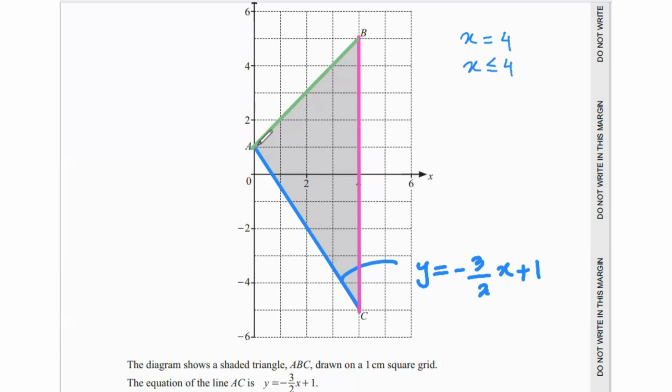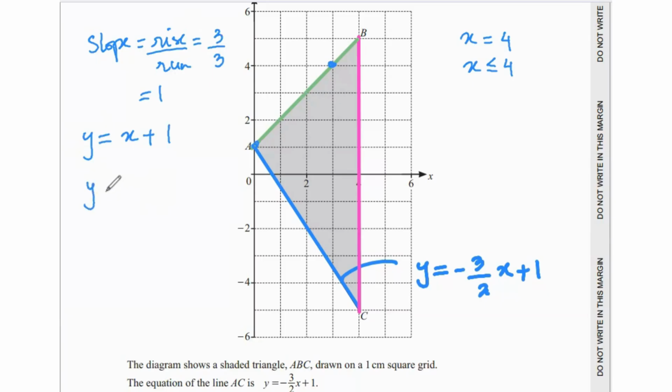And then for the green line, we need the slope and the y-intercept. For the slope, we need rise over run. You pick 2 points, this point and let's say this point over here. So the run is 3 units and the rise is also 3 units. So that's 3 over 3 and that's equal to 1. So y equals to x plus, and the y-intercept is y equals to 1, so y equals to x plus